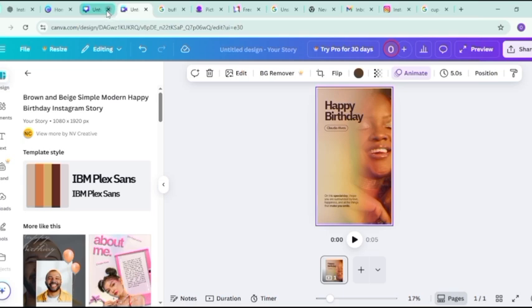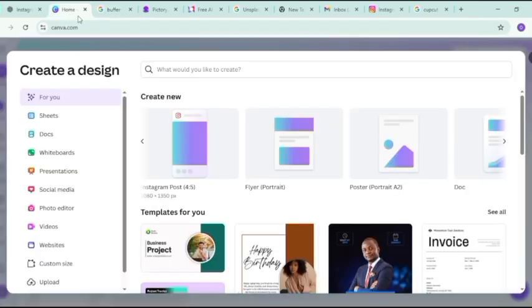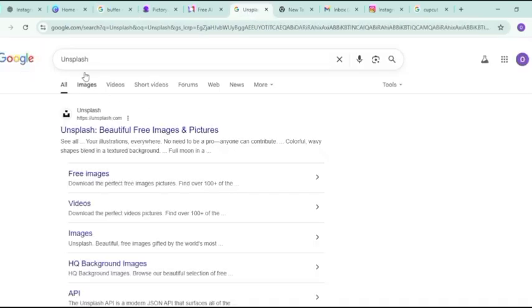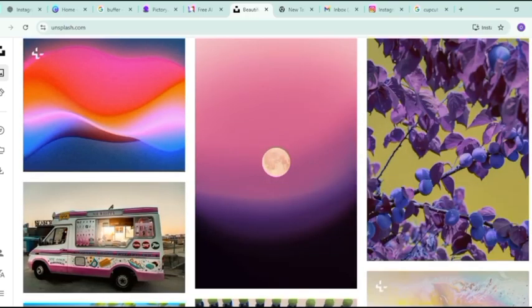Now we also talk about Calendly. That's using a calendar. We said Buffer. We said you can actually use Buffer for your calendar, right? I'm going to go back there to show you that you can use Buffer for your calendar. But before that, we said that Unsplash, you see, Unsplash, where you can get beautiful images. So let's go to that website, Unsplash. So now this is Unsplash. You can get images here from Unsplash, images you want to use to do any design.